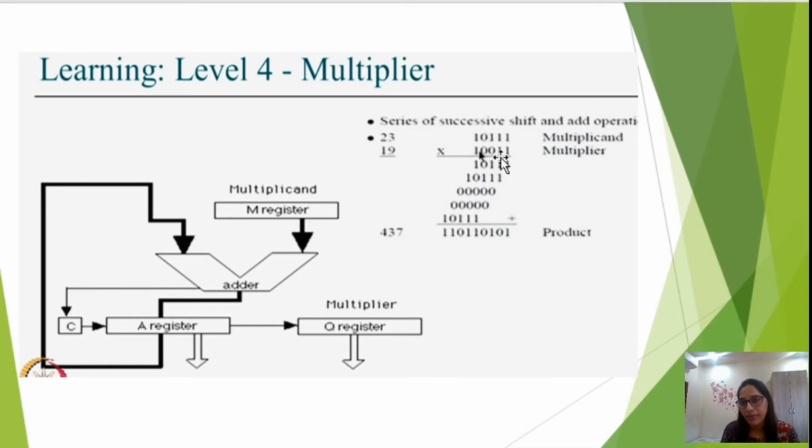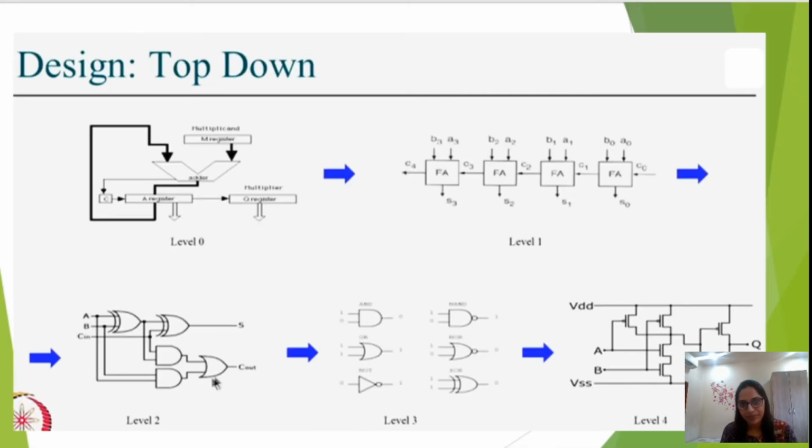In the multiplier, the manual process is shown here. In a multiplier we go on repeatedly adding, so we need an adder here. Along with that we need different registers, which are sequential circuits. The controller part is not shown over here. So higher subsystems can be designed using lower subsystems, that is combinational circuits. Combinational circuits are designed using gates, and gates are designed using transistors. So when we learn, we follow the bottom-up hierarchy.